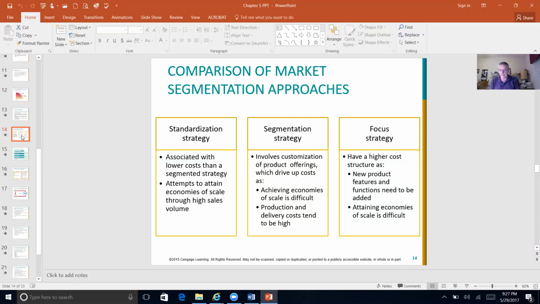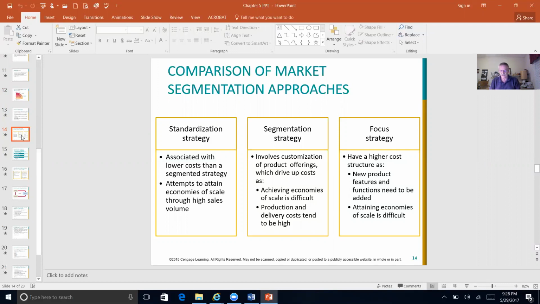And as we think about these different types of strategies, the standardization strategy is typically associated with low cost. It's almost like Henry Ford back in the 1900s: one color, you can have any color you want as long as it's black. He was just going to make one automobile, and it really was a take it or leave it type of strategy. And certainly, as you go across this chart from a standardization to a focus strategy,